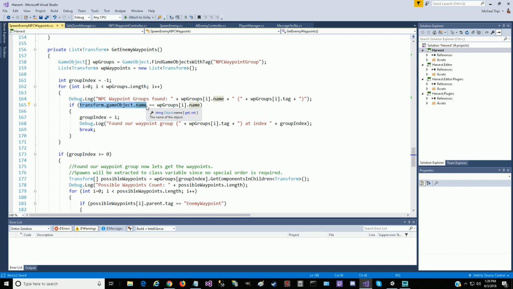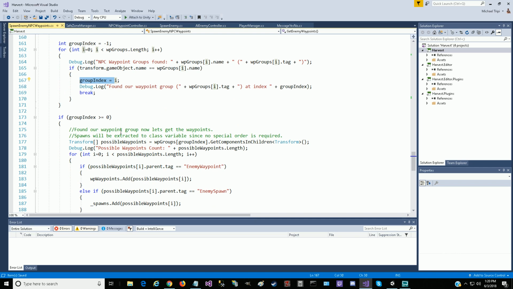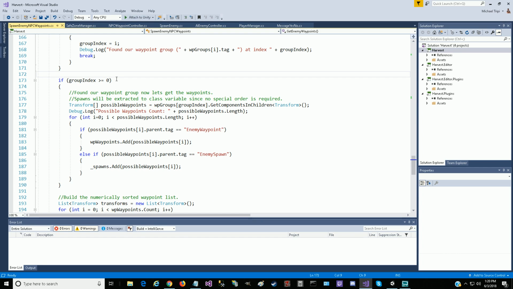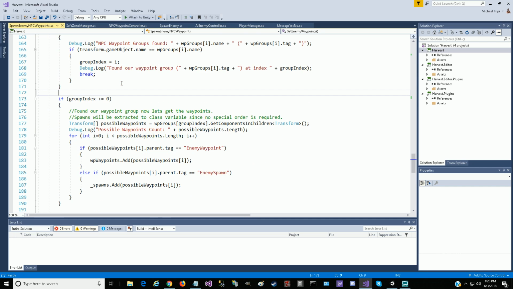But for its current name, we just want to do a match. We want to find our game object in the scene that matches its name. And when we do, we get its index. So we store this group index as i. Initially we set it to -1. And then the second part of this code is: is group index greater than or equal to 0? Okay, if it is, then